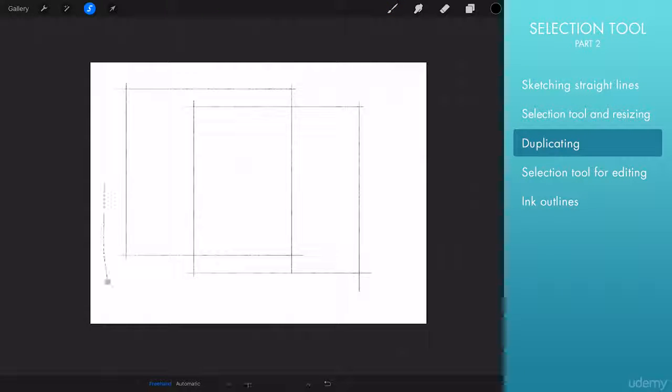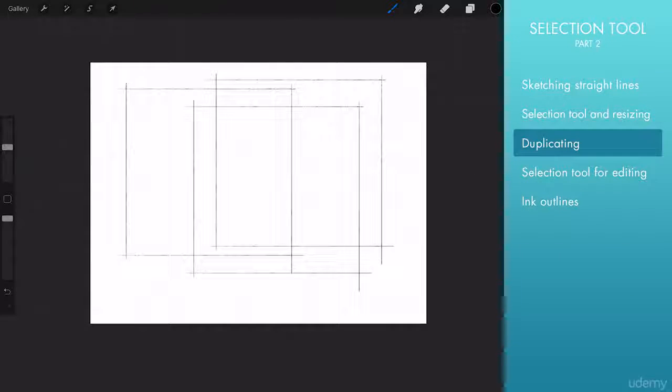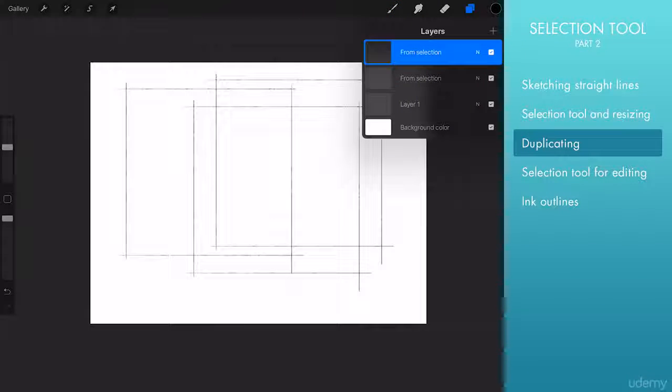Then I'm just going to use that selection tool again, because I want 3 panels, so I want 3 different layers, and I'm going to hit this line at the bottom on top of the other line, which will create a new layer with what I have selected in it. There we go. If I grab the arrow tool, look at that. I have 3 boxes right there. They're all a little bit too big, so I'm going to resize them,